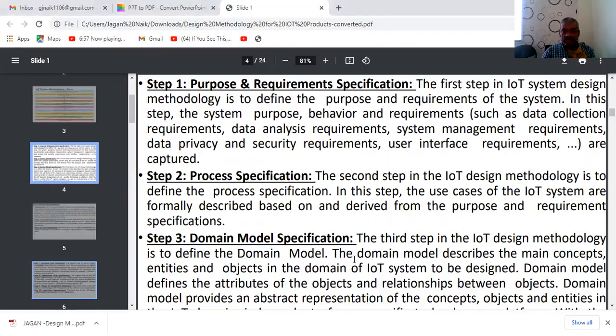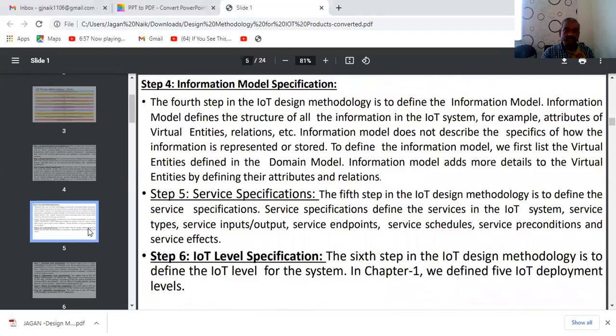In this domain model specification, we define the domain model, and in this we are going to be describing the main concepts, entities and objects in the domain of the IoT system, and it provides an abstract representation of the concepts, objects and entities, right?